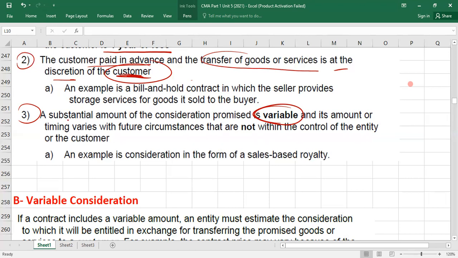A substantial amount of consideration is what? Variable. What is variable consideration? I'm giving you an example, please try to understand my example. Variable consideration means to say, for example,